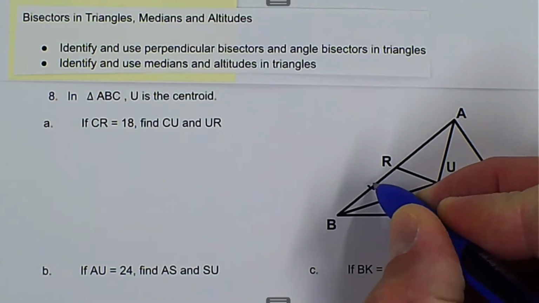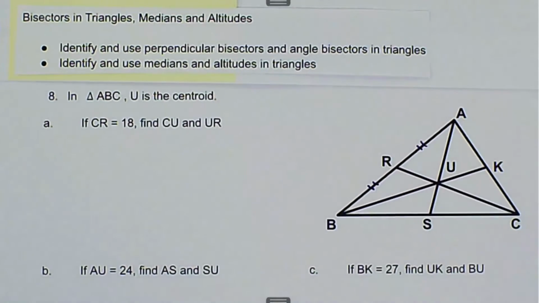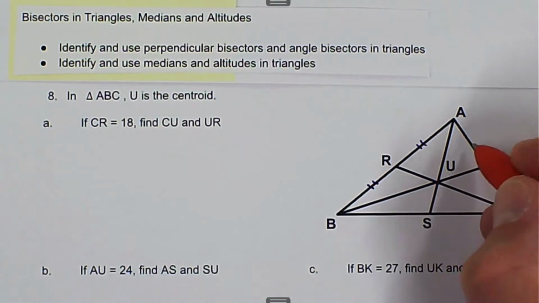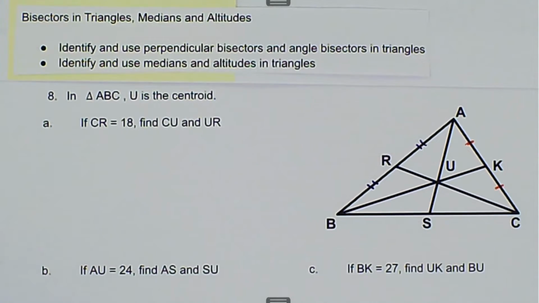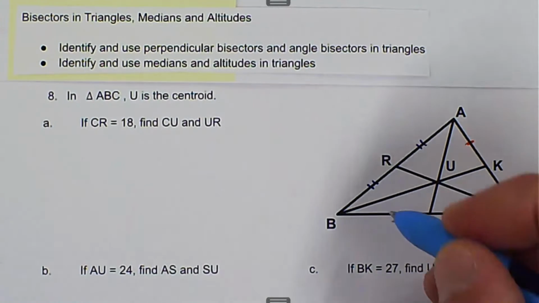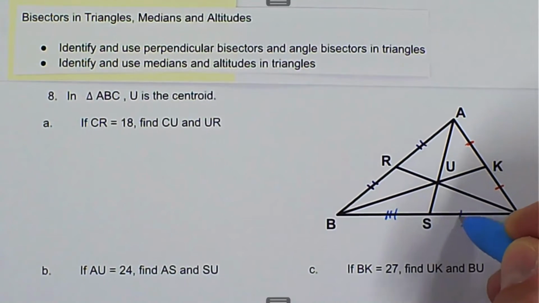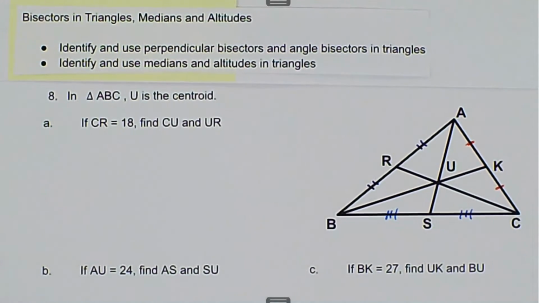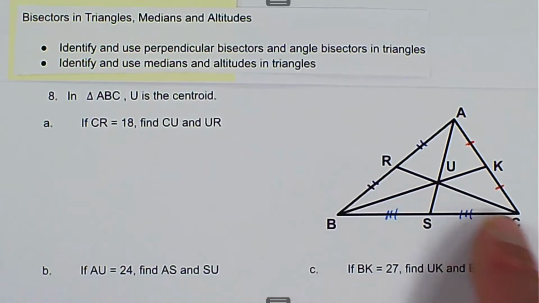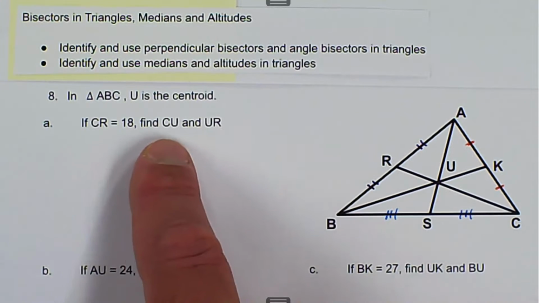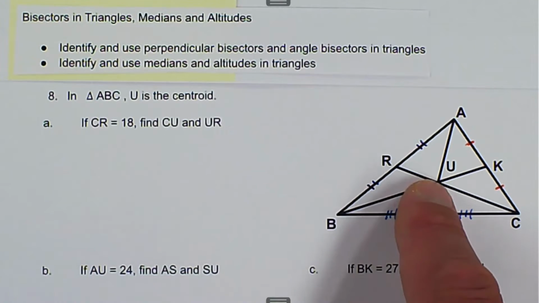So we know that these two sides are congruent. We know these sides are congruent. And we know these sides are congruent. So because that's a centroid, we can use the centroid theorem to answer these questions. So it says if CR is 18, so CR the full distance is 18, then it says find CU